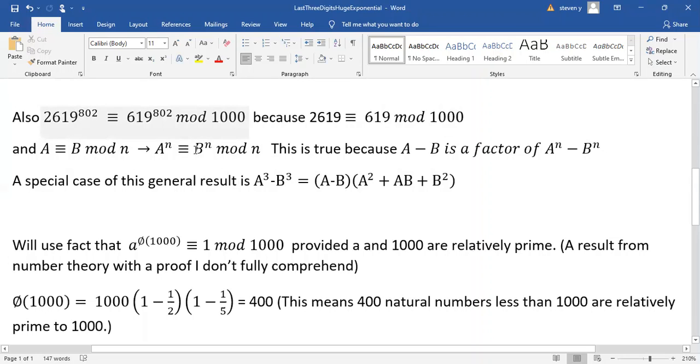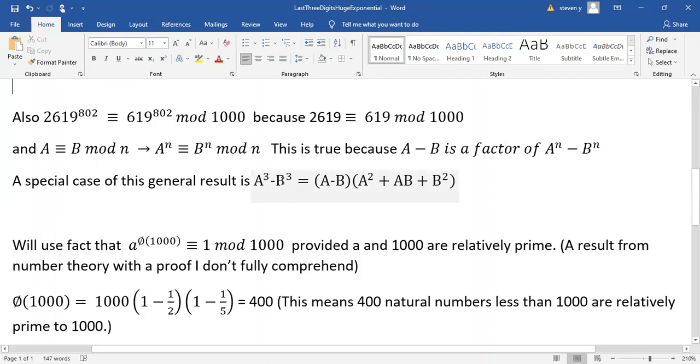It's basically true because of an algebraic reason: a minus b is also a factor of a to the n minus b to the n. So the truth of this statement right here implies the truth of this statement right here. And just a side note, a special case of why this is true is